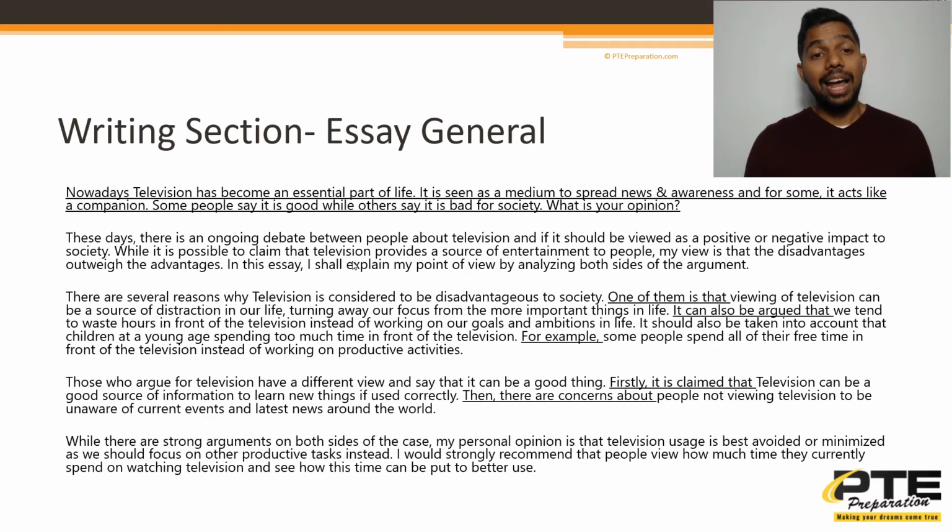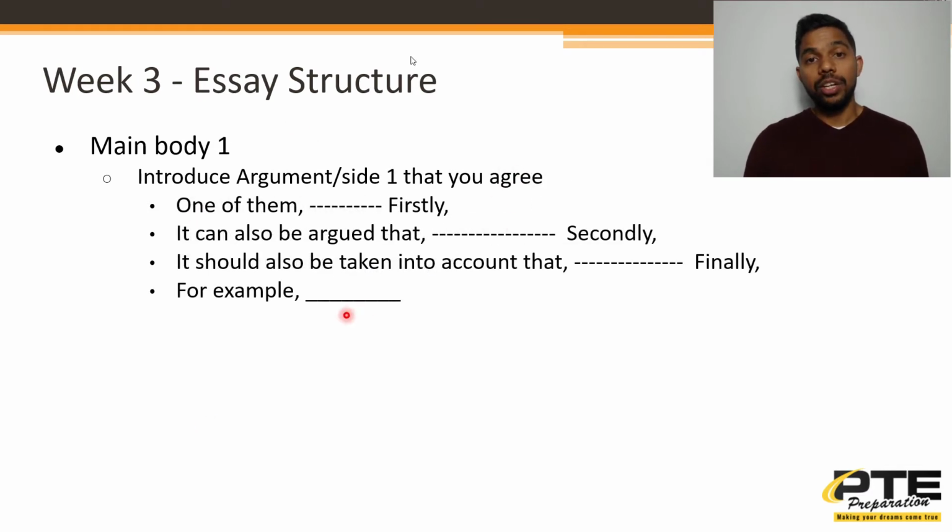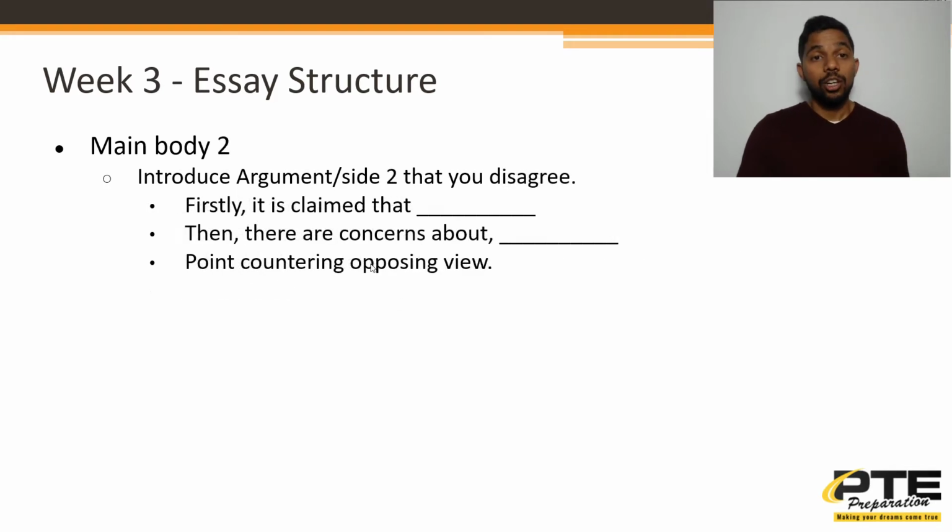Now let's look at main body 2. Okay, so in main body 1, introduce the side that you agree with in the first sentence, and then the remaining part is just supporting arguments. Now in main body 2, you briefly touch upon the opposite side. So you will introduce the side that you kind of disagree with. You will provide some supporting points, and